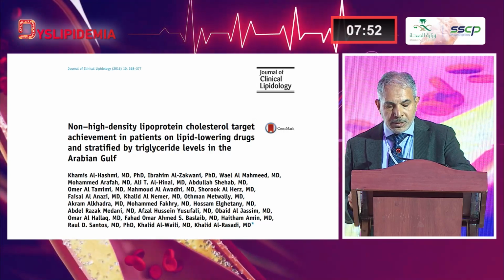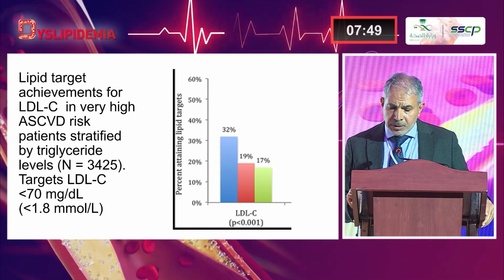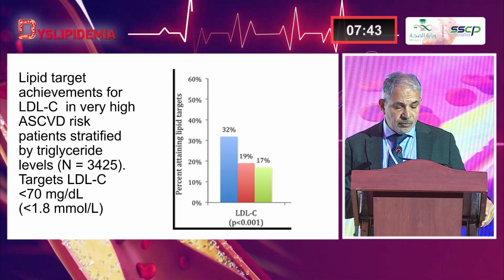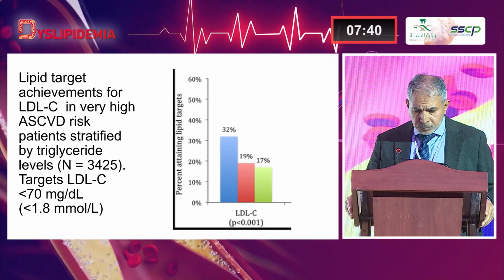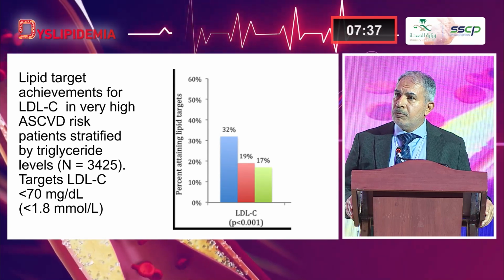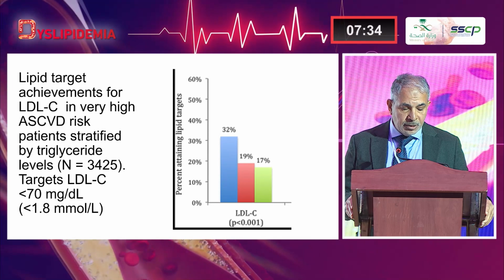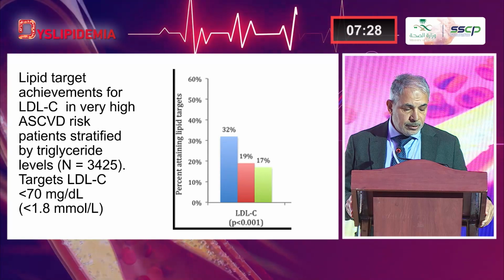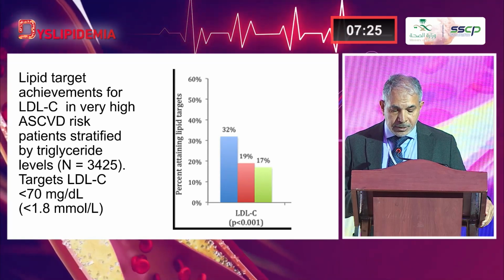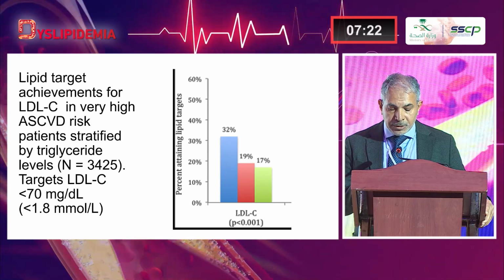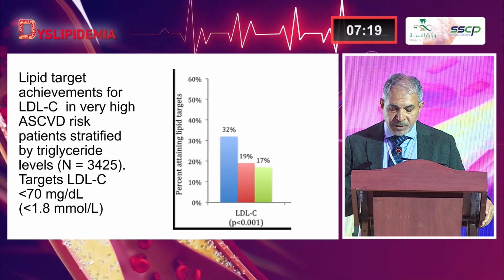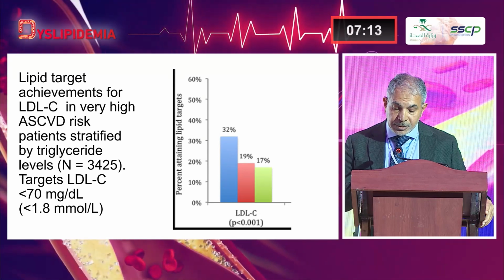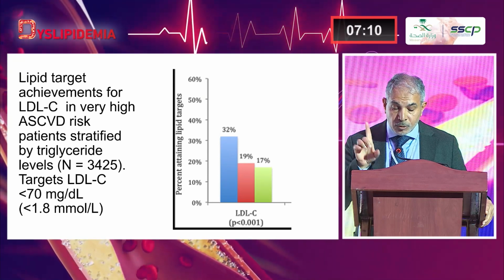In 2016, another publication came, and they classified their very high risk atherosclerotic cardiovascular patients. They stratified them according to the triglyceride level: blue if the triglycerides were below 150, red if the triglycerides were between 150 and 200, and green if the triglycerides were greater than 200. And for all of these, for the best category of triglyceride, the degree of achieving an LDL of 70, and this 70 is the target for very high risk, which today is only considered an acceptable target for high risk and not very high risk,